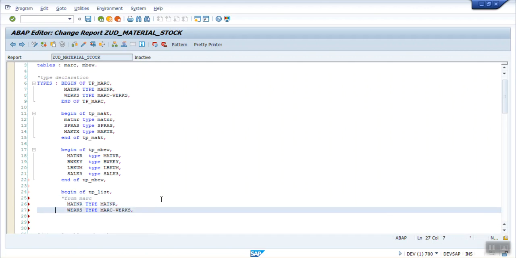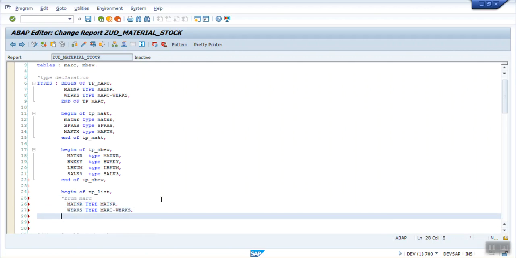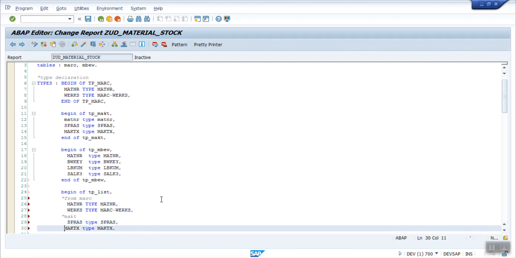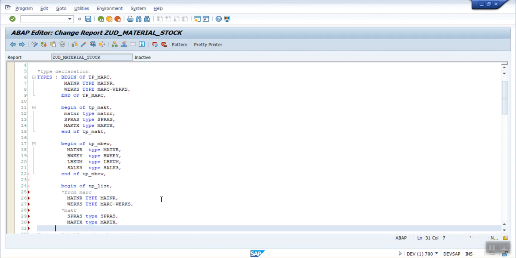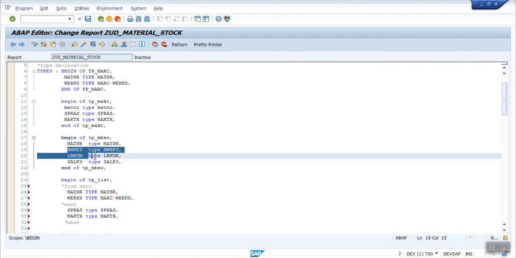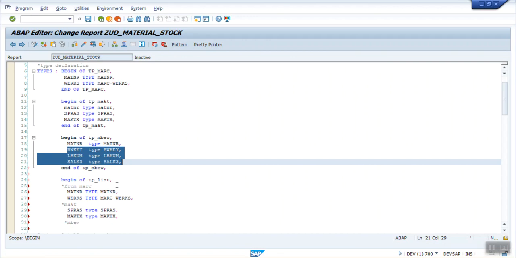Then from MAKT, from MAKT I will select the SPRAS, that is language, and the material description, that is MAKTX. And from MBEW I will select the valuation area, the stock, and the value.